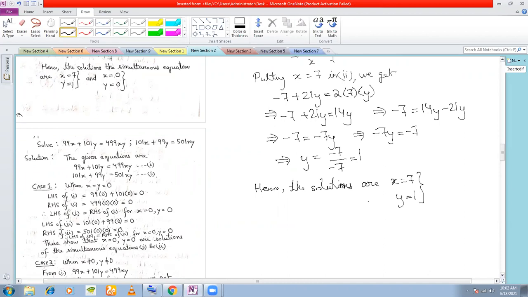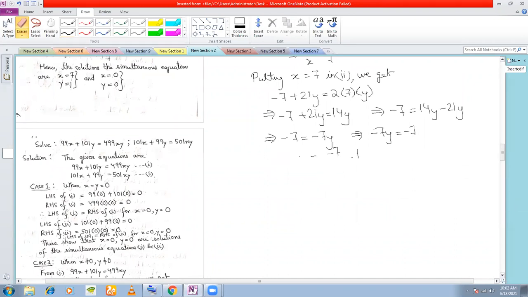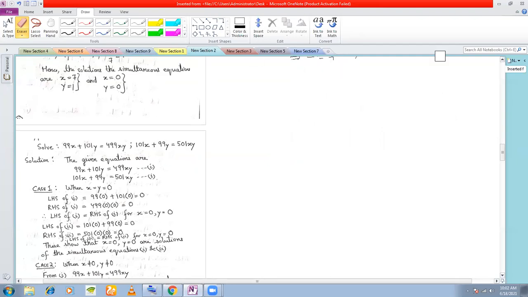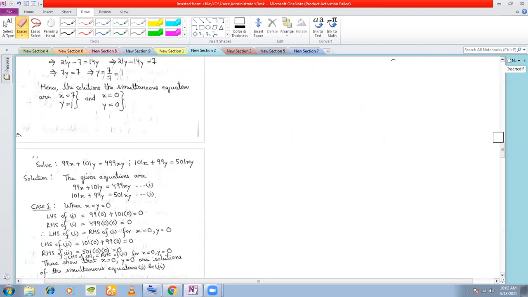That's the solution. Okay. Moving on to the next type, which is type 4. This is also a special kind of simultaneous equation. Let us see what this simultaneous equation is. Question is solve